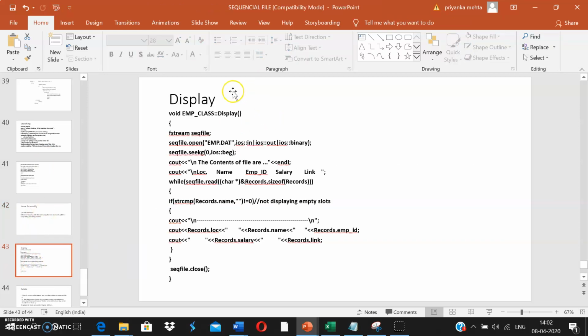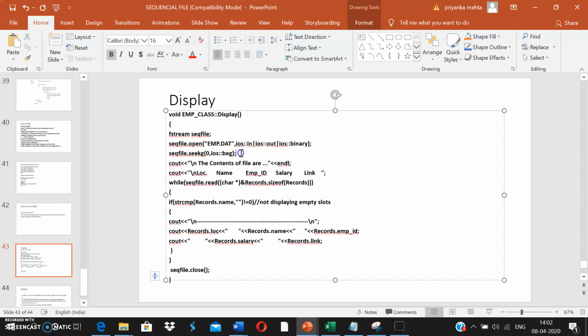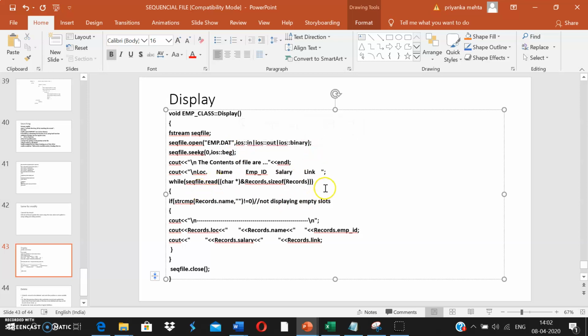This is how we can display, or we can read from a file. We are opening a file in reading and writing mode. I'm starting from the beginning of the file. I'm reading a file. I'm not going to display the records which are not having any values. So I'm going to check if the record name is not equal to empty. That means if I don't have any record at a particular position, I'm not going to display that record, and I'm going to scan through the entire file and display only those records which are present in my hash file. So this is how we can display. Then I'm closing a file. So this is how we can do the display operation.